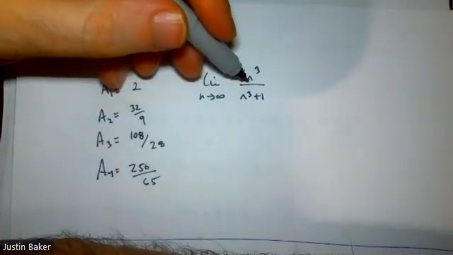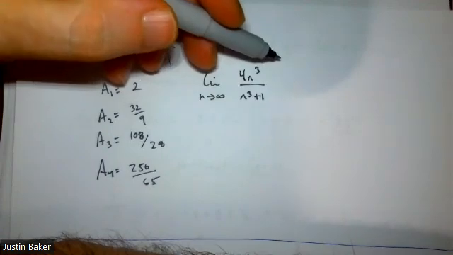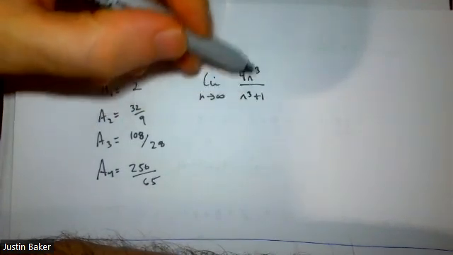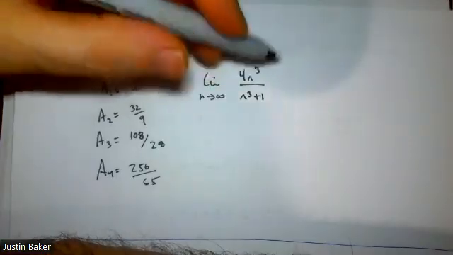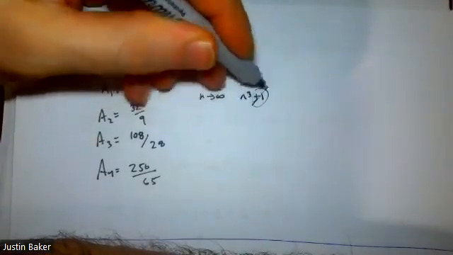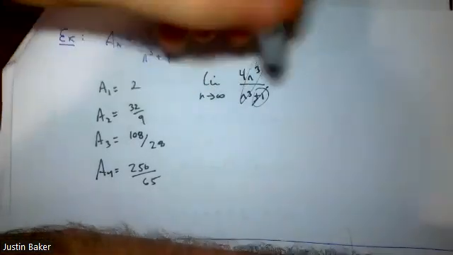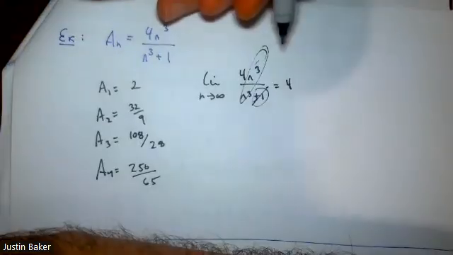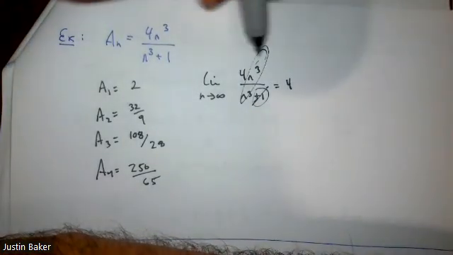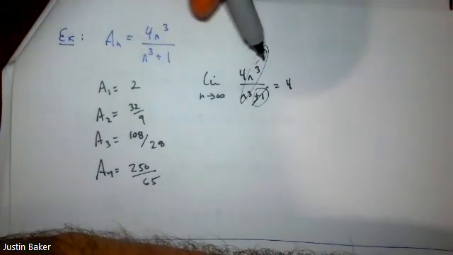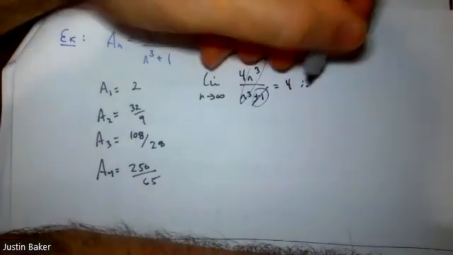When the numbers are that big, we're talking 10 trillion or whatever, 10 trillion plus 1 versus 10 trillion, those are the same number. So you can just ignore that piece there, and these are essentially going to wipe out. That means your limit is just going to be equal to 4, because as you plug in gigantic numbers, the plus 1 isn't going to change your answer any. So therefore this would be